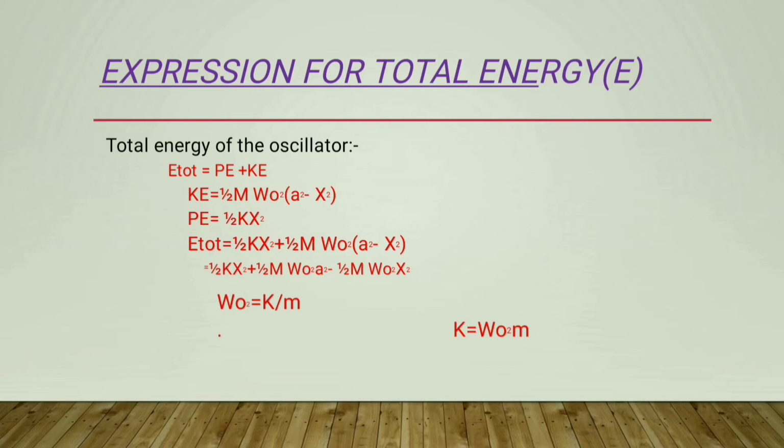We have already studied that omega 0 square is equal to k by m. So, k is equal to omega 0 square into m. So, substituting k equal to omega 0 square m in this equation, we got